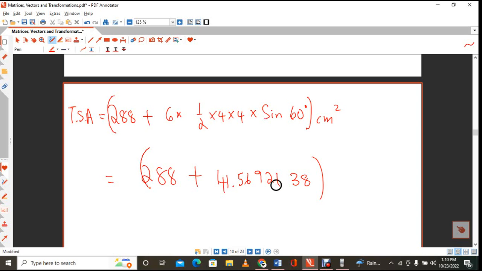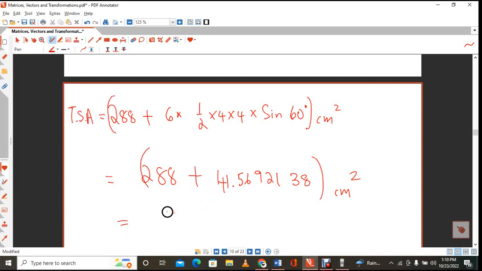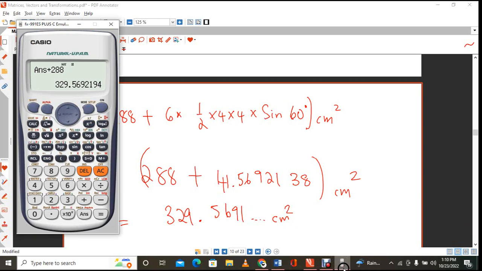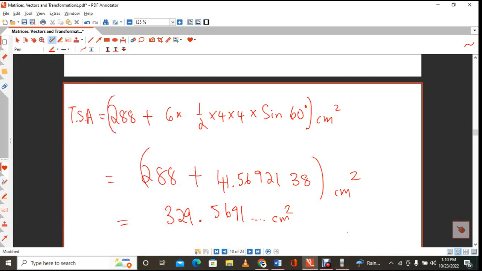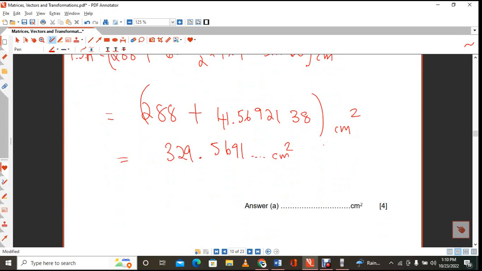Right, so we are just going to add that, and if I add that to 288, so I'm going to say plus 288, well, that gives you 329.5691, and so on. Now you can go ahead and give your answer to 3 significant figures, and to 3 significant figures the answer will be 330